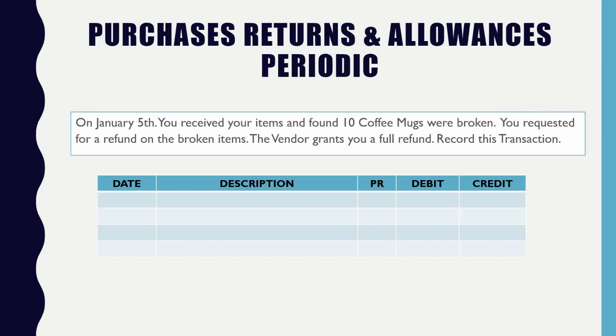So if I'm refunding money, what should be my first account that I am going to recognize? Accounts payable, good. And then what is the title of this? The title, you mean description? Oh, no. What is the title of this section? No, returns. Yes. So this is what you're going to do.